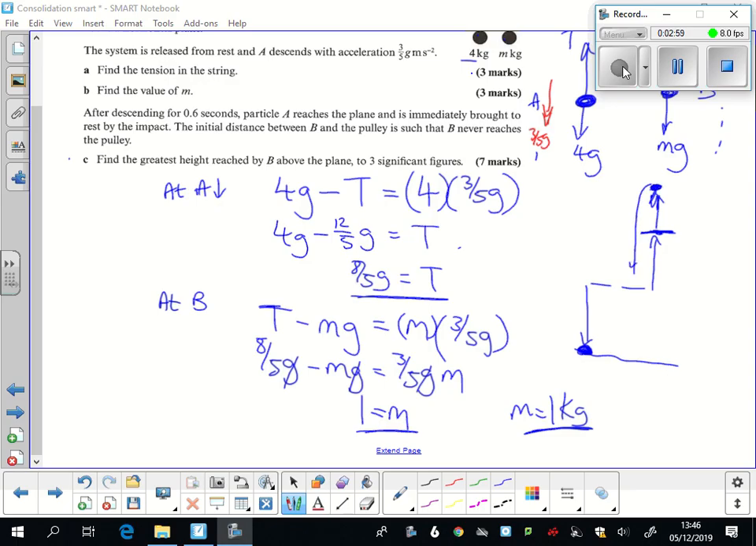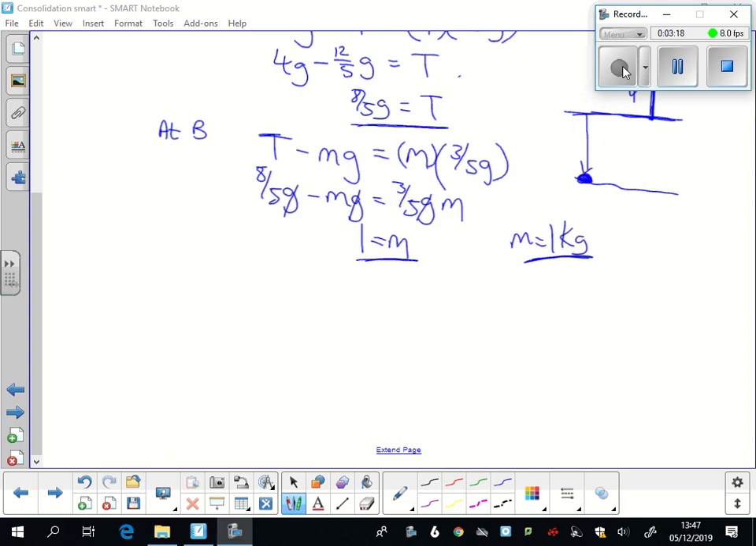So this question says, what's the highest point it's going to reach? We need two bits of maths here. The first bit we're going to do is, how far does it go up while they're still attached? Then we'll do the second bit for that journey there. So this is SUVAT equation stuff. So while attached,